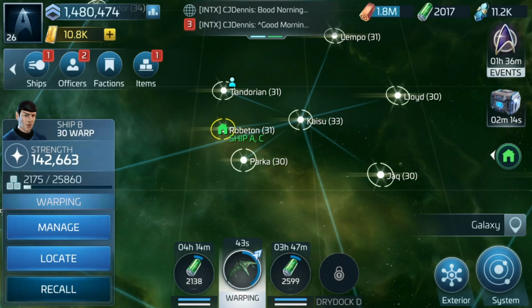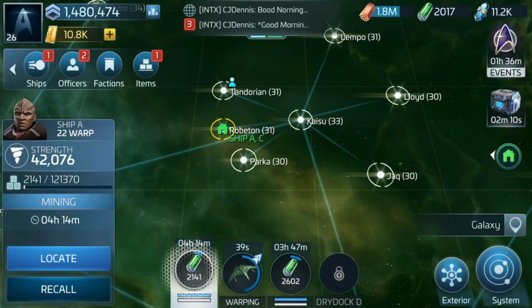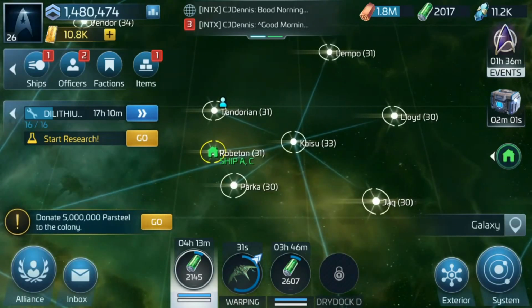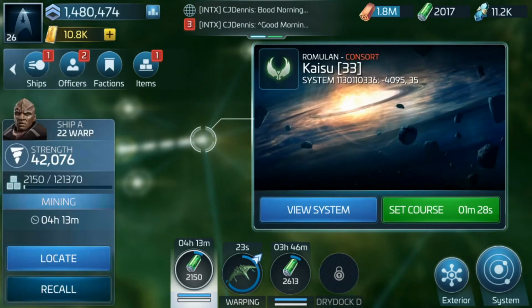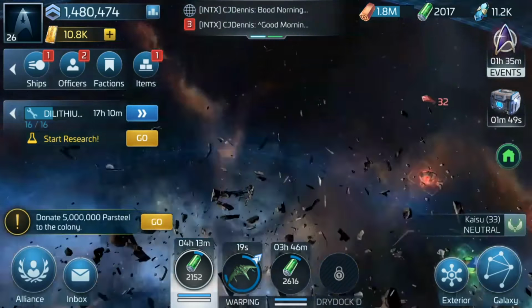Its cargo hold, you can see there's only 25k, whereas the cargo hold on that is 180 and 121 on that one. So I wouldn't be able to reach these systems because they're only warp 22. I could put Cadet Scotty onto the bridge of one of those ships, and then it would make warp 26, and I could go up to these systems here. And the reason I want to go to these type of systems is the nodes inside these systems just contain that little bit extra